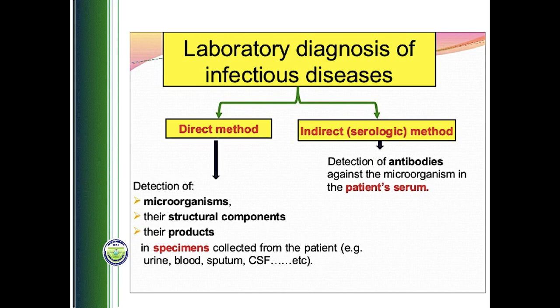As explained in my first video, there are two approaches for the diagnosis of any virus disease. The direct approach, in this case the direct approach of coronavirus diagnosis, will detect the virus RNA by the method of RT-PCR. The indirect approach is going to detect antibodies produced by the human body against this virus, which we shall discuss in our next video. Before we discuss the RNA detection, let's see the structure of coronavirus.